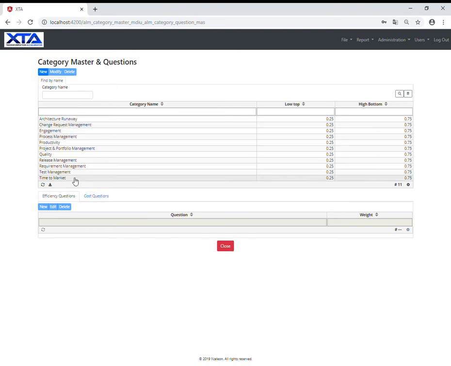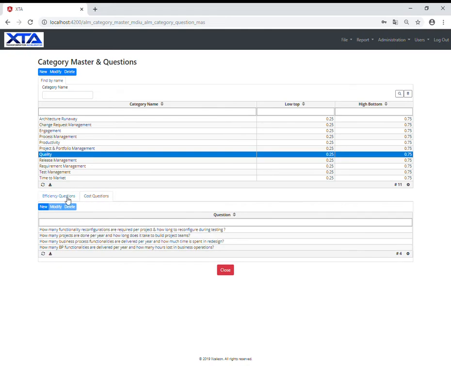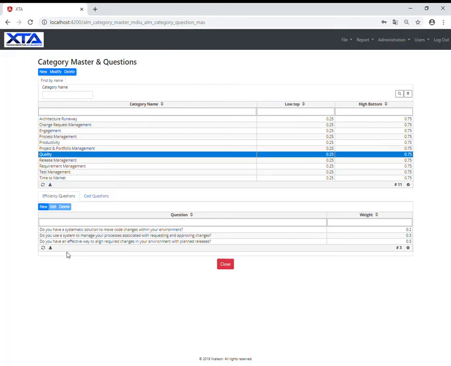Right now we have 11 that compose an assessment. For each category, let's choose for instance quality, we can add efficiency questions or cost questions. This is just a matter of configuring